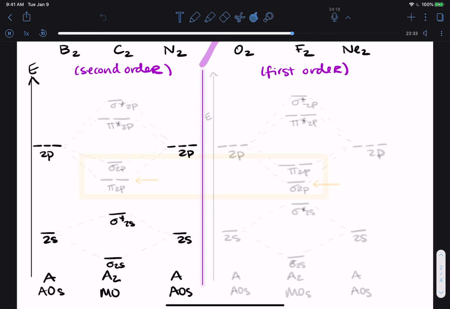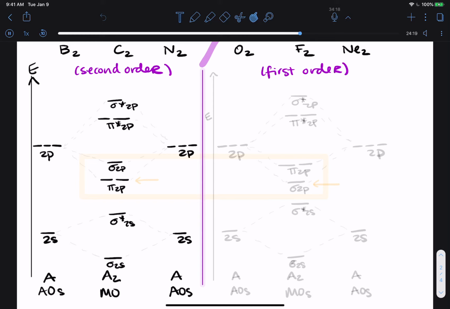So I'm just going to tell you that for everything in this first half of the diagram, the lowest energy is the set of pi 2p. So one line represents the pi 2p from the py. The other line represents the pi 2p from the pz. Then there's the sigma 2p, which came from our px. And then in the anti-bonding, the pi star 2p are next, right? So it's a pi star from the py and a pi star from the pz. That's why there are two lines. And then the sigma star